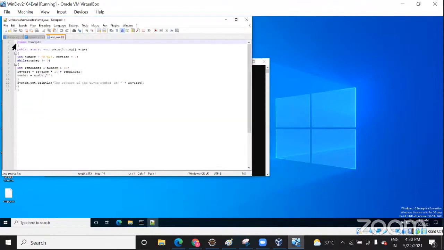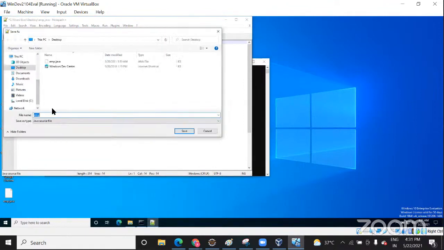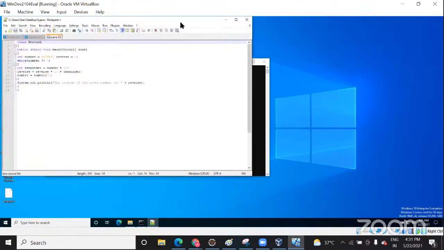Did you see this code? Here you see an example is there. Let me try with your name. I am typing Bhavesh, and my file name, let me save it with another name. I'm saving it as b.java and the class name is Bhavesh. This is actually the program I've already explained in the video also.